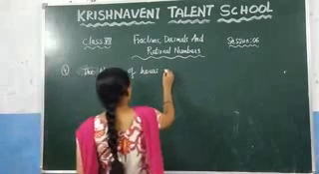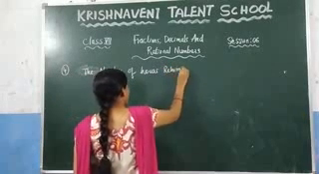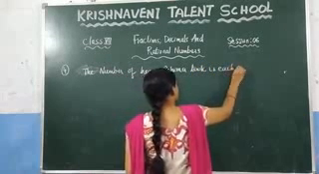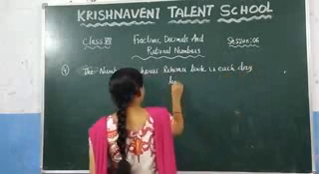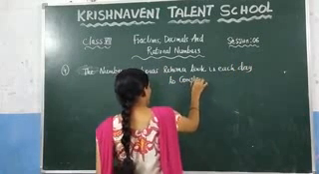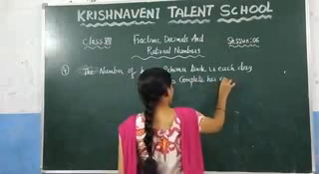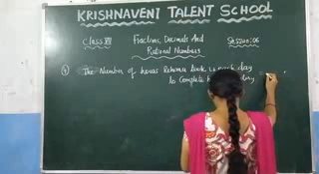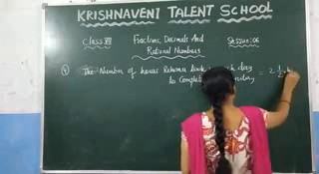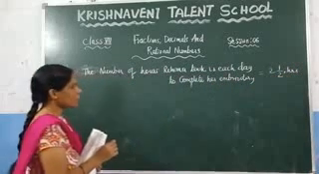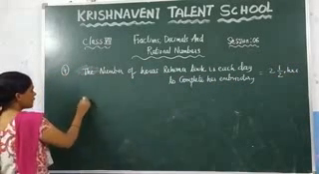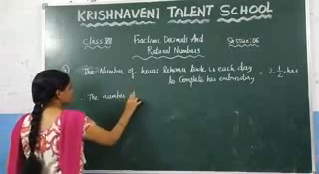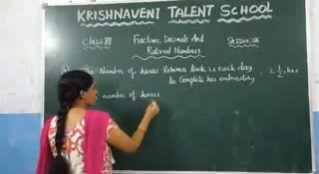The number of hours Rehana took in each day to complete her embroidery. How many hours have they given? In each day she is taking 2 1/2 hours. Now you need to calculate here for 7 days. So write it here. Therefore, the number of hours she can take